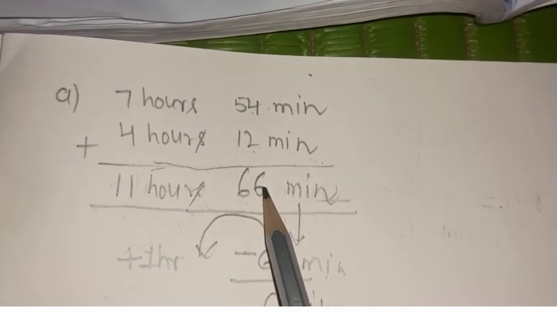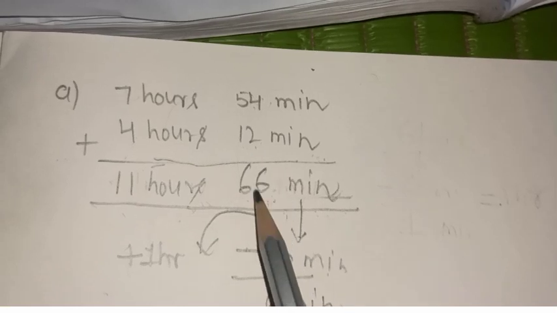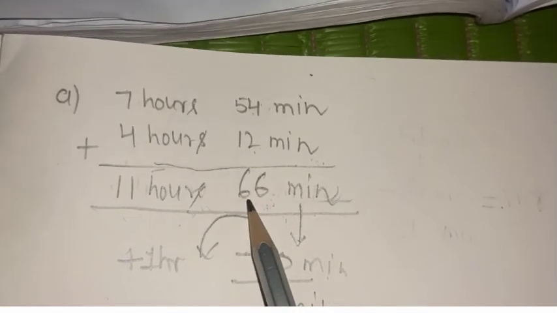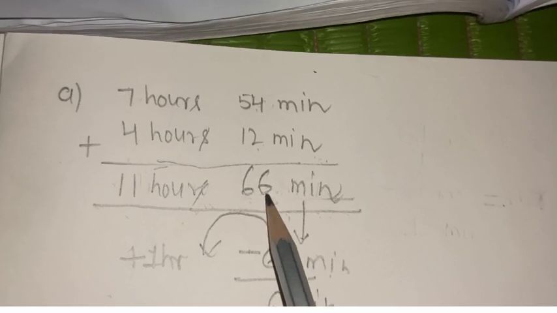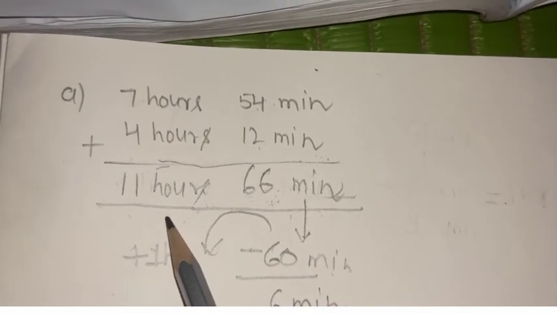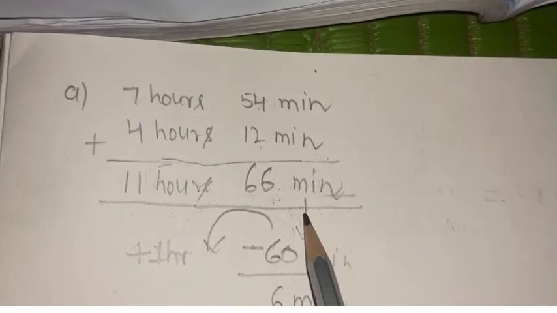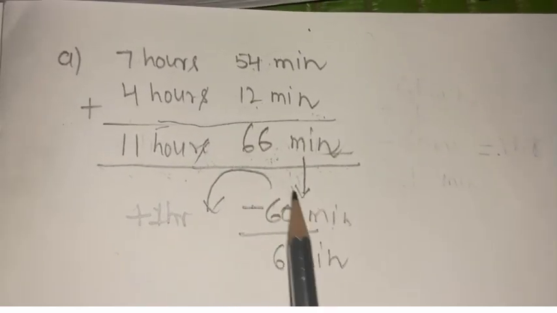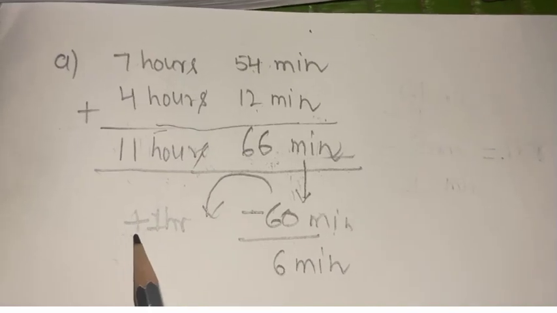If 60 minutes are contained in this value, we will subtract 60 from it and send those 60 minutes to this side. Because that is our place. This is not the place of our section. So that's why 60 minutes are going there and it is becoming 1 hour.